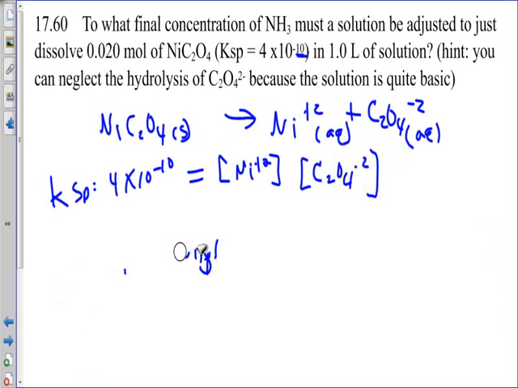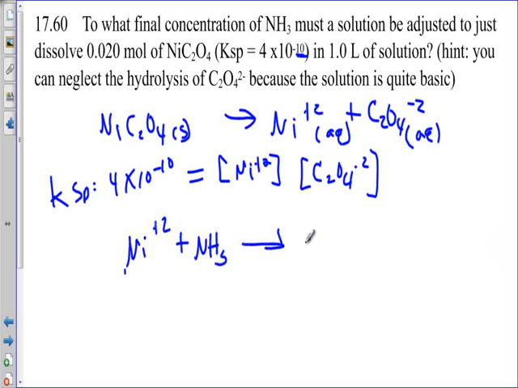Erase the whole thing. Go back to my pen. Alright. So I have Ni plus 2. We add ammonia to that solution, and we are going to form